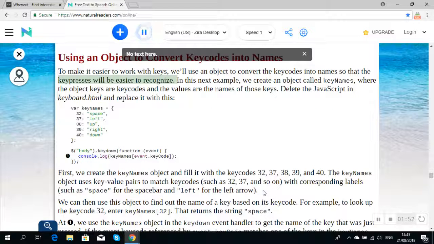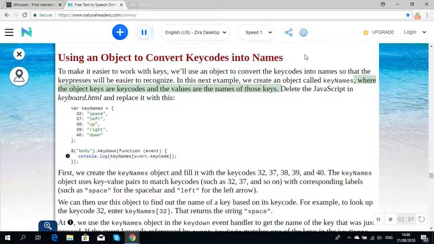Key presses will be easier to recognize. In this next example, we create an object called keyNames, where the object keys are key codes and the values are the names of those keys. Delete the JavaScript in keyboard.html and replace it with this. var keyNames equals